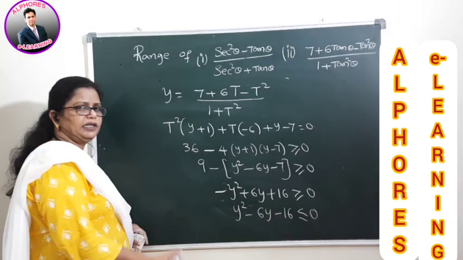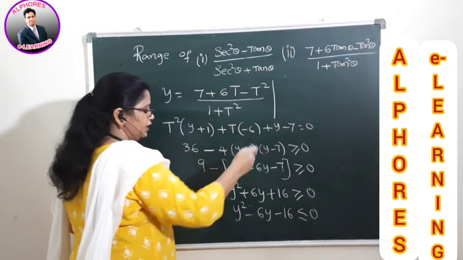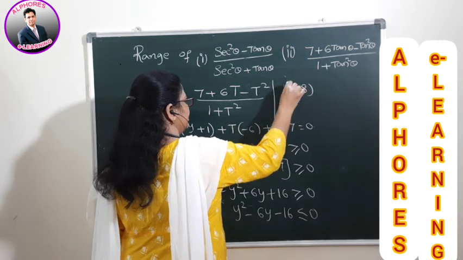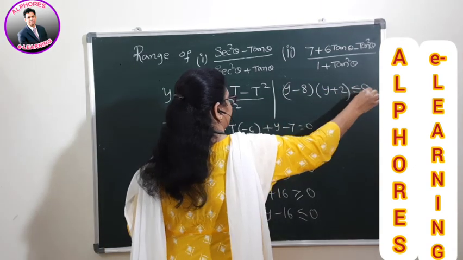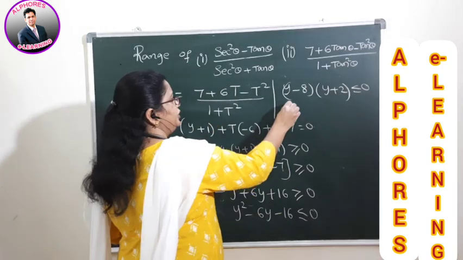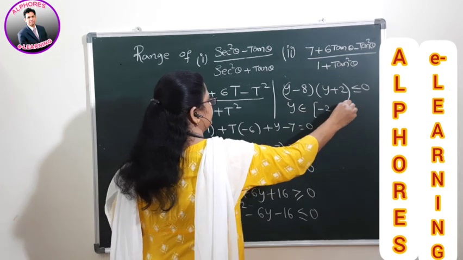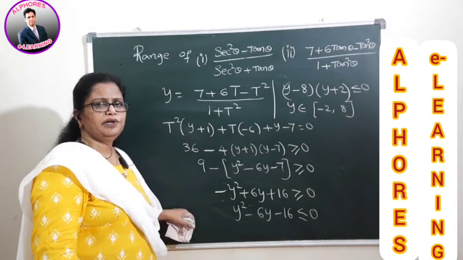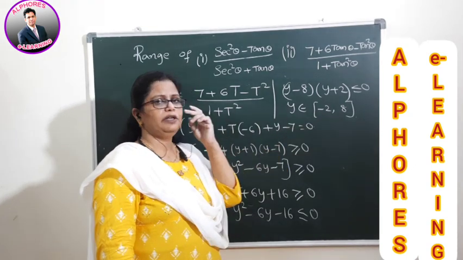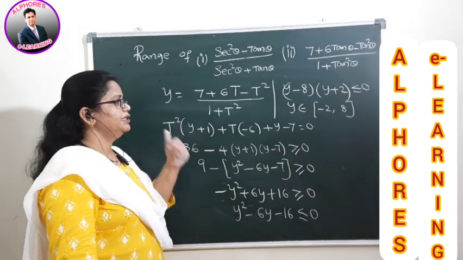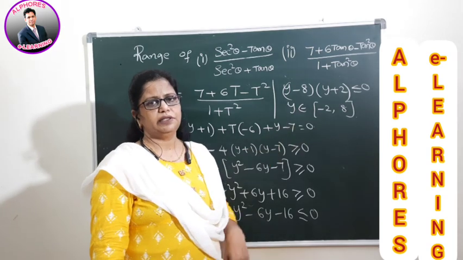Now, what are our factors here? 8 and 2 are our factors. So if I write the equation, it is (y minus 8) into (y plus 2), and this value is less than or equal to 0. Again, if you use the wavy curve approach, y belongs to minus 2 comma 8. Therefore, the minimum value you can consider is minus 2 and the maximum value is 8. Sometimes in the answer, if they give open intervals etc., you can just observe whether exactly it is taking it or not.